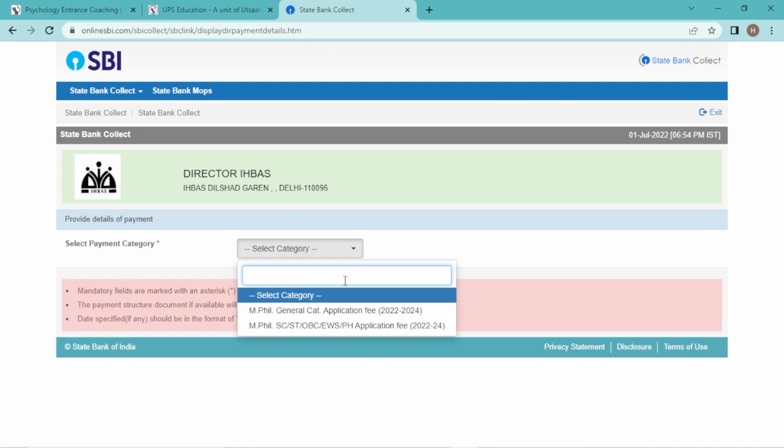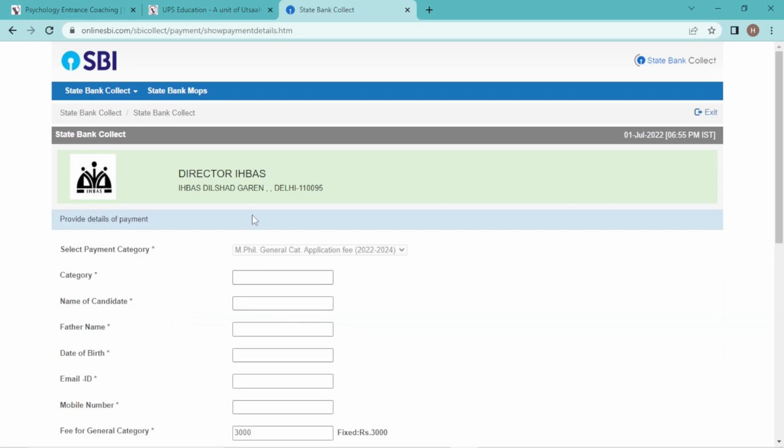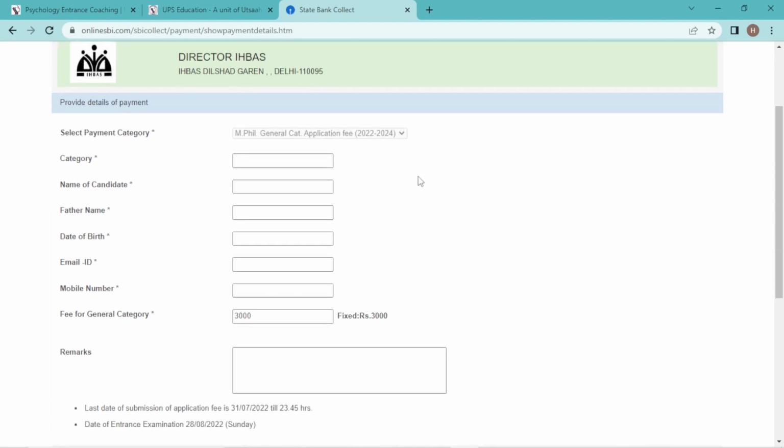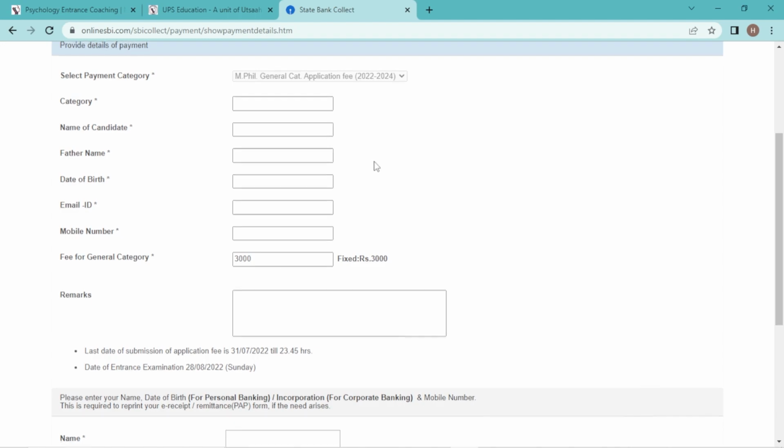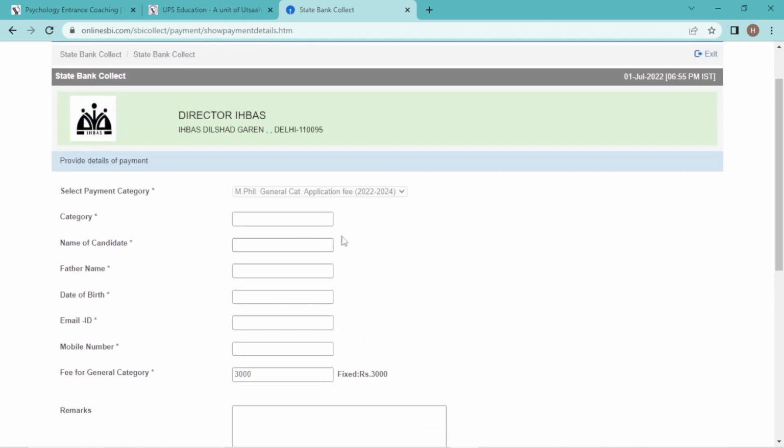Now we need to select an application. We need to select a category. Like if you are from the general category, then select the first one, or if you are from any reserved category, SC, ST, OBC, EWS or PH category, just select this one. So I'll select this. Okay, so once I have selected the category, there are a few details which you need to fill in this application as well, like your category,